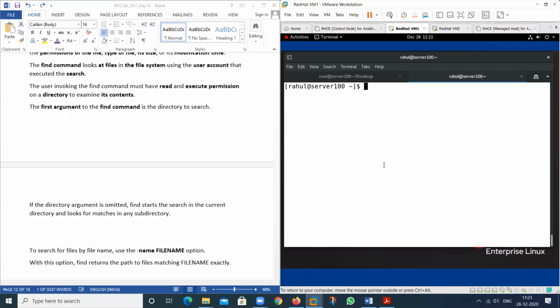So this is the concept that you can use. In this, location will require this one. See here, if the directory is omitted, find starts the search in the current directory and looks for matches in any subdirectory. So suppose,